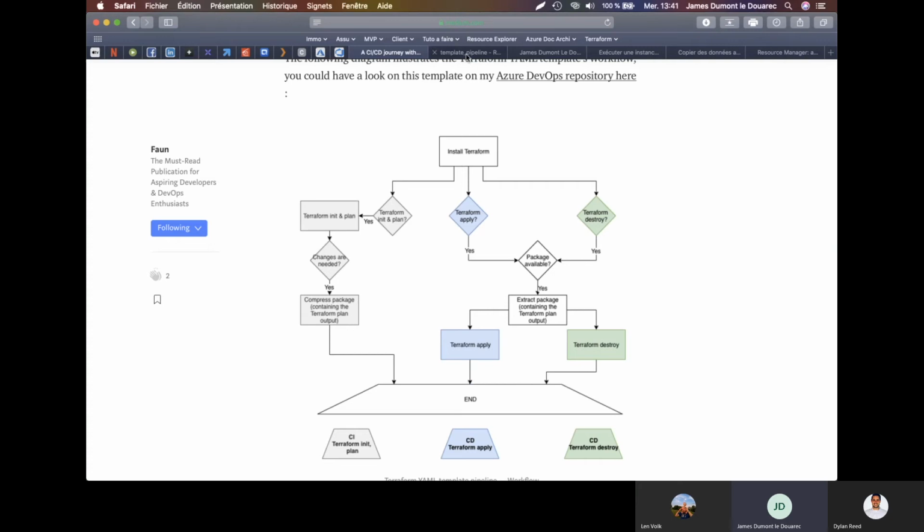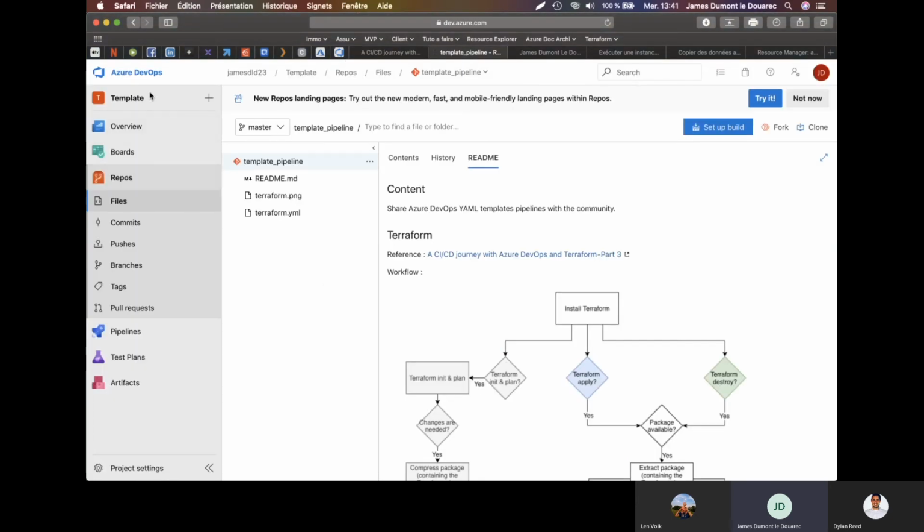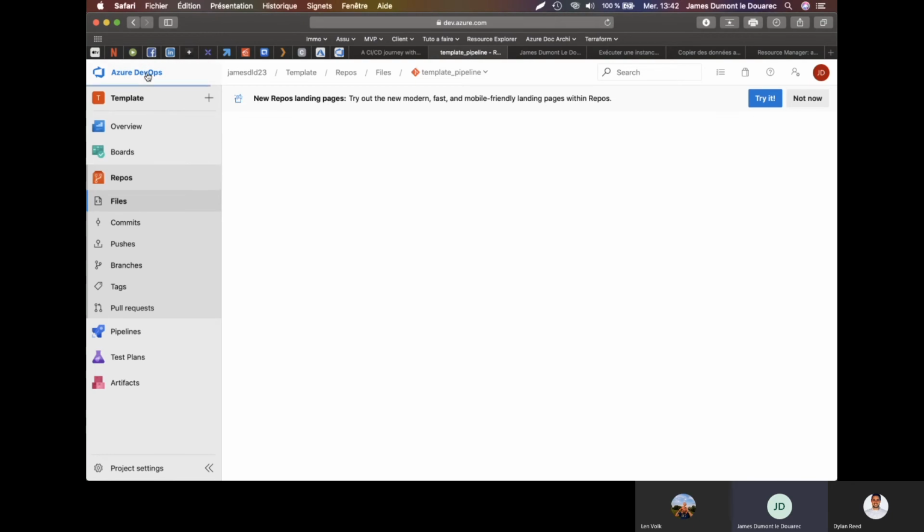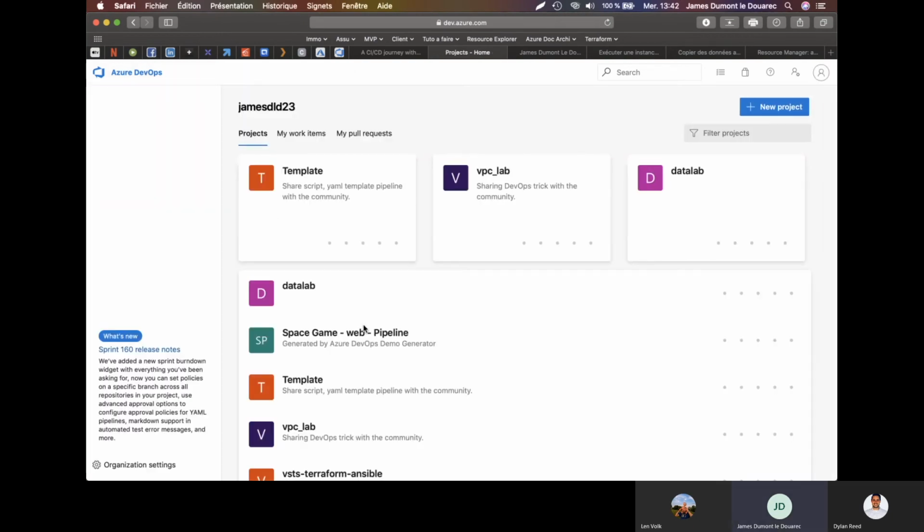Actually, if you go on Azure DevOps, the YAML template file looks like this. So in my Azure DevOps organization, sorry, I did create a dedicated project which is called template.